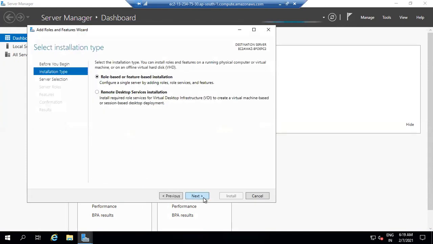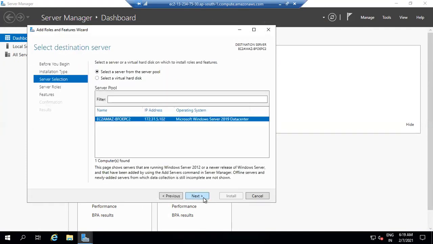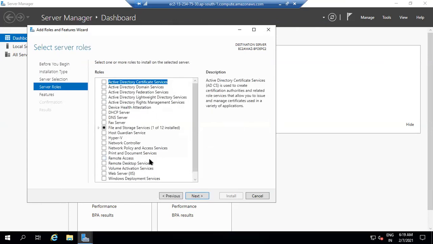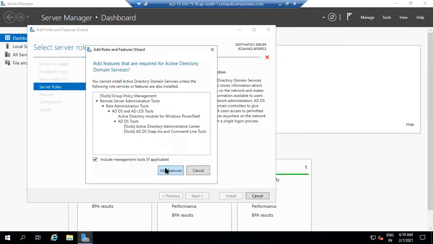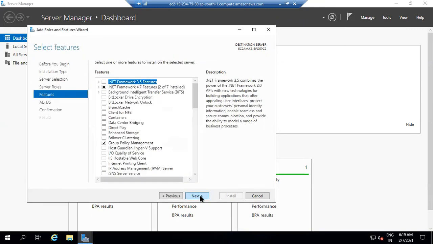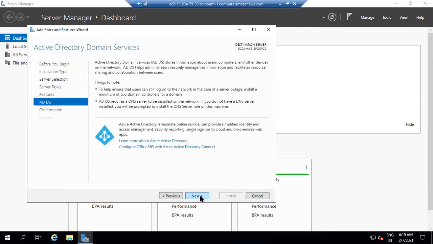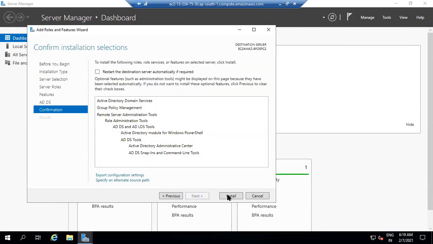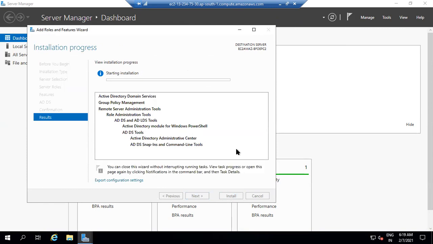Click on next, next. Role-based configuration, next. Active Directory Domain Services, add features, then next, next. Install. Simple. Install Windows.